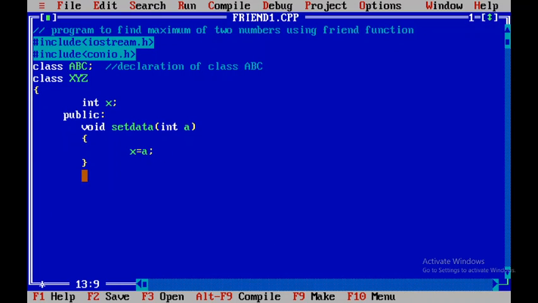What I require here is one function max, which will find the max of the values. So for that I am going to write one void max function over here.